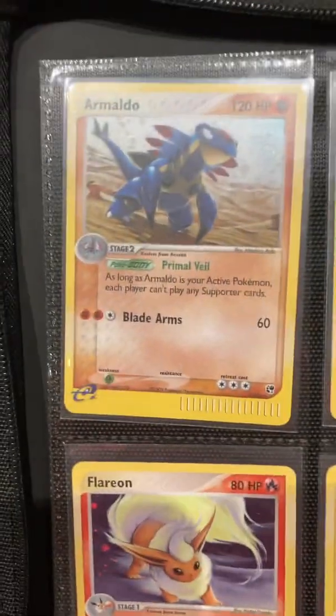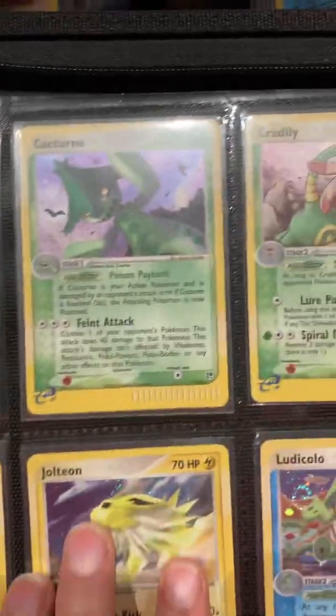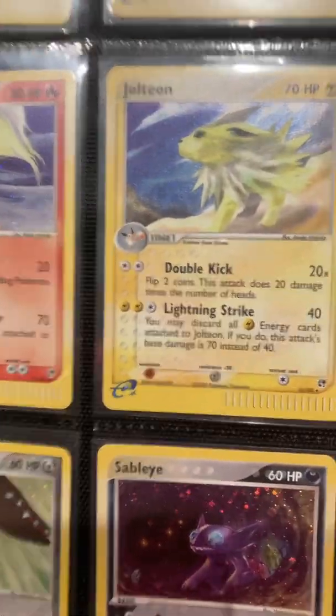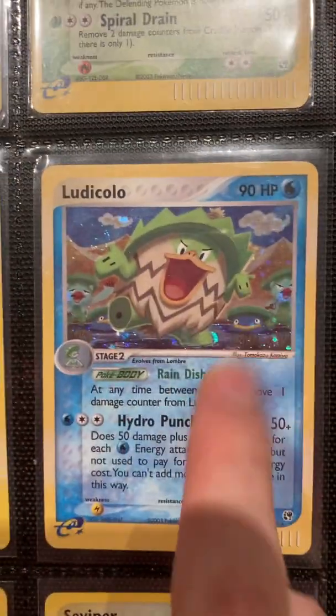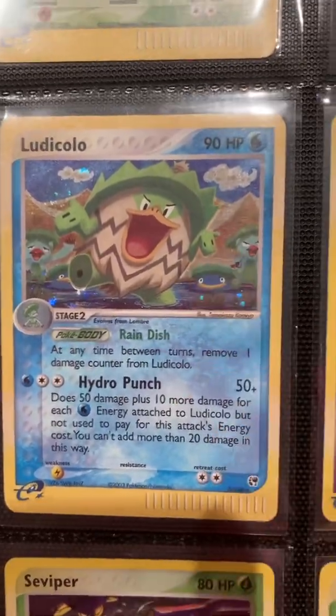So yeah, let's continue. I guess you guys already kind of saw these first ones, but you got Cacturne, Crawdaunt, Dusclops, Flareon, and Jolteon. Of course, the Gen 1 Evolutions, and Ludicolo. I love this artwork. You got a couple of Lombres dancing there in the background and a little Lotad right there. And Ludicolo looks really mad for some reason. Solrock,